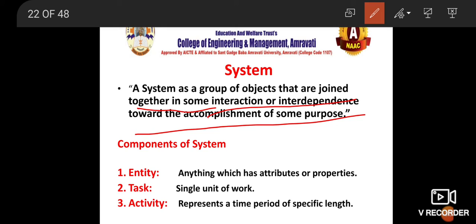A very simple example: suppose some heat is being produced, or there is a black body which is absorbing heat. Or suppose you heat water and then cool it. For heating the water you require a certain temperature and heating devices, and for cooling you keep it open to the environment. The environment will interact with it, so heat will transfer from higher to lower, and then both will reach equivalence. So there are certain thermodynamic laws, right? So all this is a particular system.